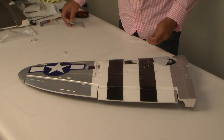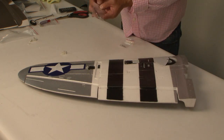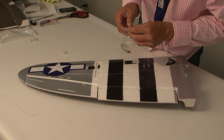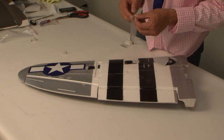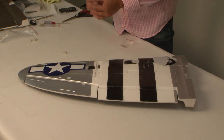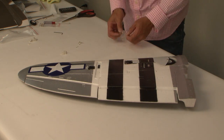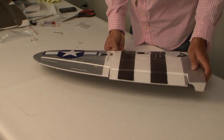Okay, and this bag here with the little Allen wrench right here, this bag of screws will be for your ailerons. And I'm pretty sure the manual actually tells you in there what size screw. Yeah, it does. It tells you what size screw goes where, but they're all in millimeters. So kind of hard to tell if you actually get a measuring tool out and actually measure it. That's one way to do it, but the other way is you just test fit. That's what I always do, and it always works out pretty good. Okay, so let's go ahead and do the